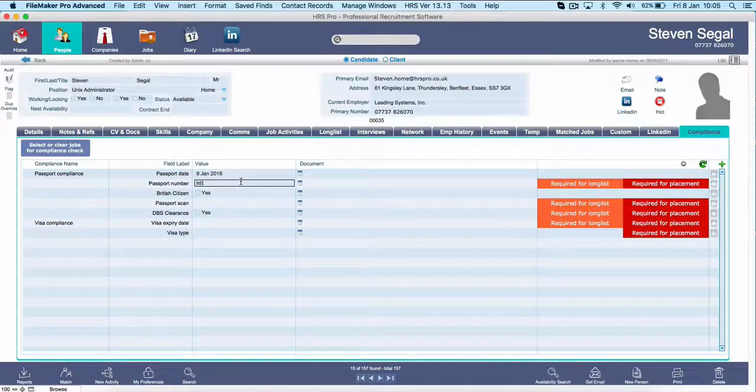So once I fill that in and move off, hopefully you can see that those values or those colours disappear because obviously I've populated it. Whether or not they're a British citizen, that's been set up as a yes/no checkbox. Now the next one is a passport scan. This requires a document to be put against that value or that field so that they can be added to